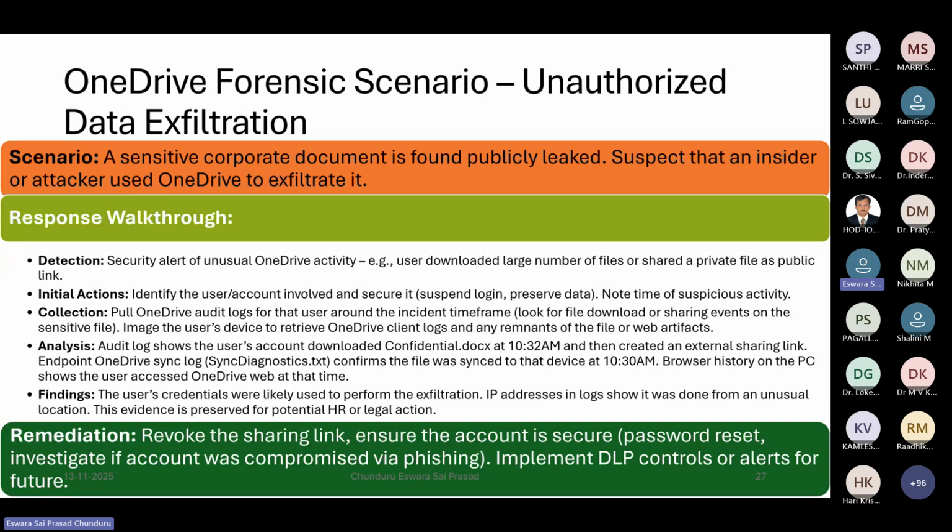And then the analysis portion comes. Audit logs show the user account downloaded the confidential or sensitive document at so and so time, and then created an external sharing link. That is the activity we have to focus on. Endpoint OneDrive synchronization logs will confirm the file was synchronized to the device at so and so date and time,